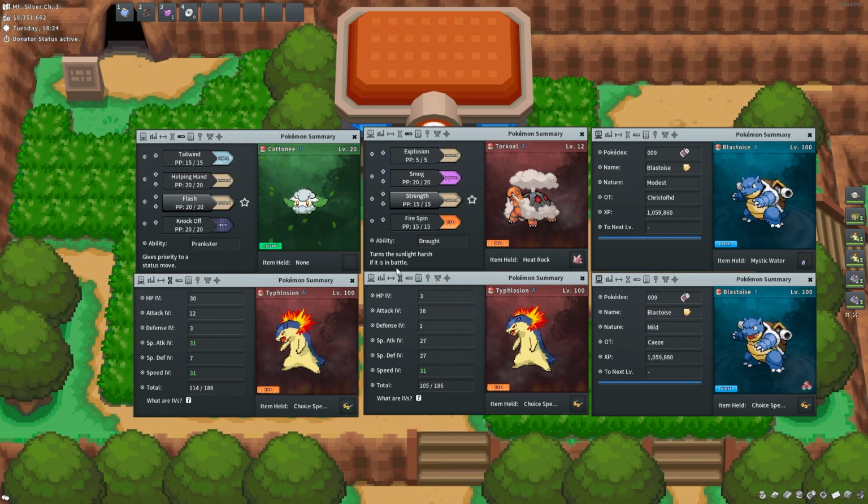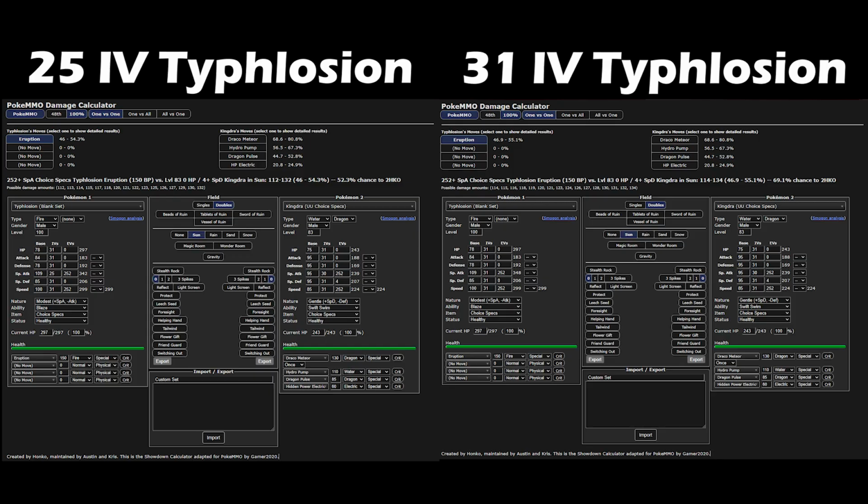The only issue I have run into once or twice is Misty's Kingdra. If I low roll maybe both eruptions, it will sometimes survive, but it's a quick reset and you can run right back into it. After recording the intro, I was curious about the impact of 31 IV on the Typhlosions